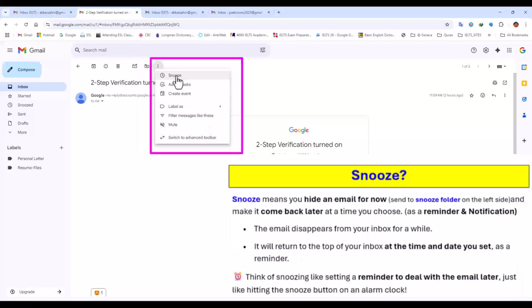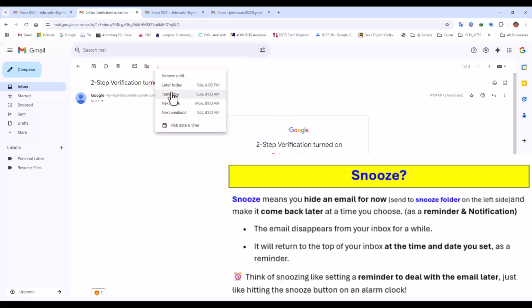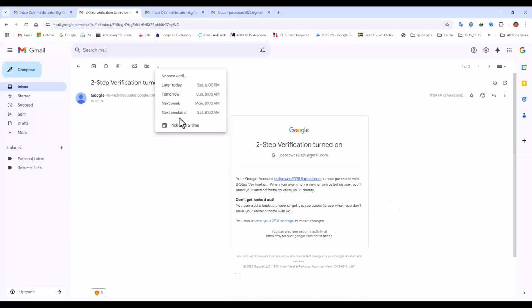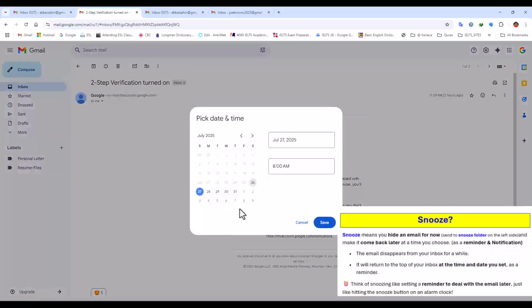Only snooze. Snooze is, for example, if you want to get a warning notification about this letter later today. It is important to write some information, answer it, or see this letter later today, tomorrow, or next week. It's a kind of working with a calendar. For example, I can click on pick date and time and choose, okay, this letter is important. For example, this is an appointment for my interview, on the 30th of July. Then at what time, for example, 8 a.m. or 10 a.m.